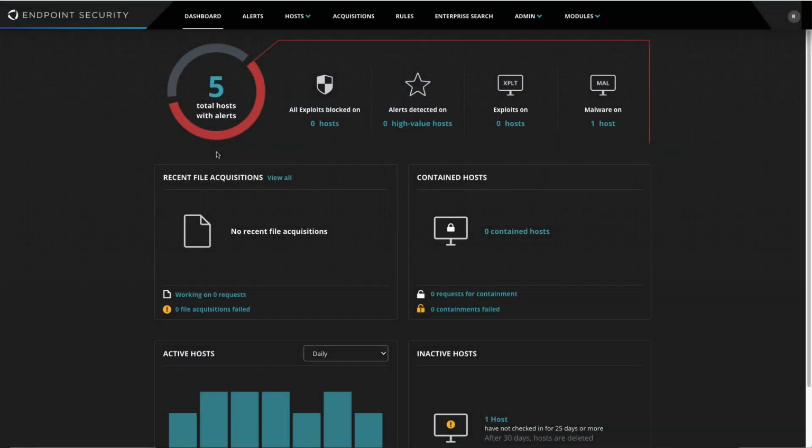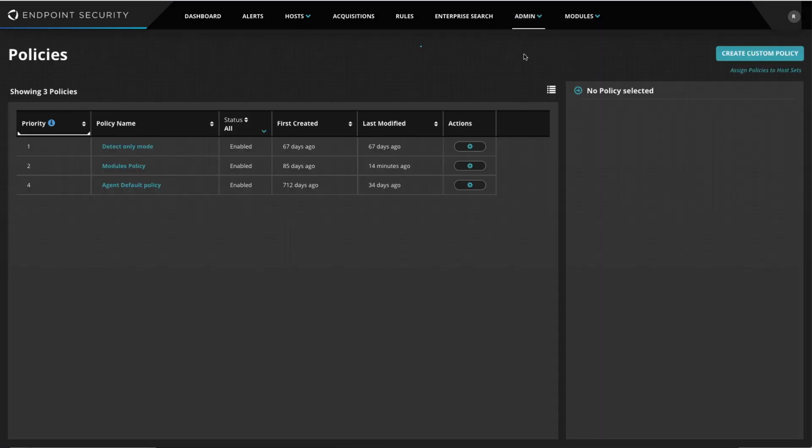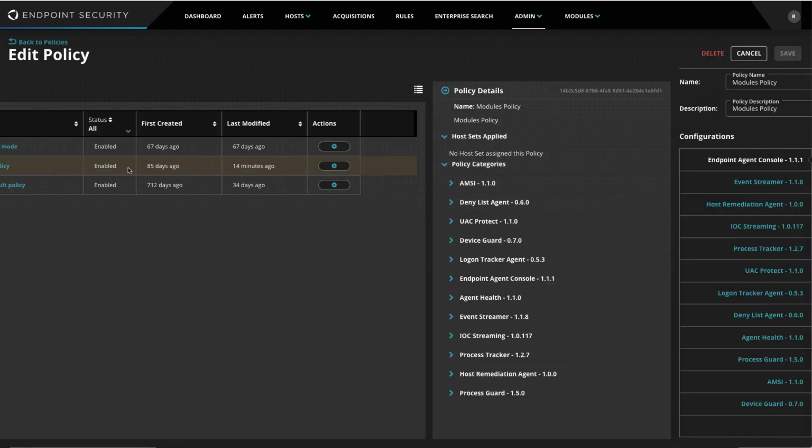Now that we have this information, let's walk through creating a policy that blocks all USB mass storage devices except for company authorized devices. In my case, I'm going to allow SanDisk devices to be used, but no devices from any other vendor. From the Endpoint Security dashboard, I'll navigate to Admin, Policies, select the appropriate policy, and select Device